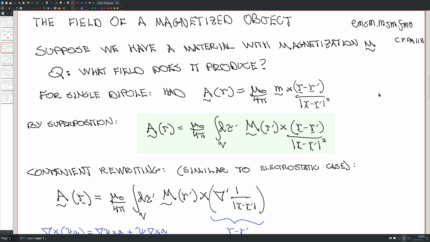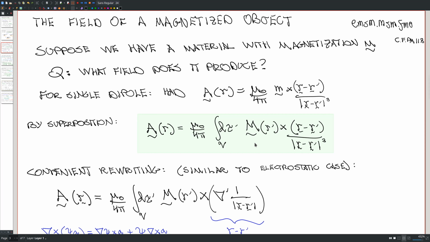Well, we had discussed the vector potential, and in particular, we had written down the vector potential created by a single isolated magnetic dipole with moment m. This was given by this expression here, just m crossed into the distance vector, with a 1 over r squared dependence. Now, if we have a big chunk of matter with a given magnetization big M here,